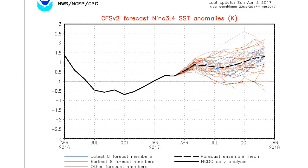And finally, the forecast for Niño 3.4 water temperatures. Here we are, basically April 1st. This says our temperature anomalies should be at 0.5 degrees above normal. We're not there. We're down around here somewhere. So this model is running a little bit hot. It'll catch up. This was the last official